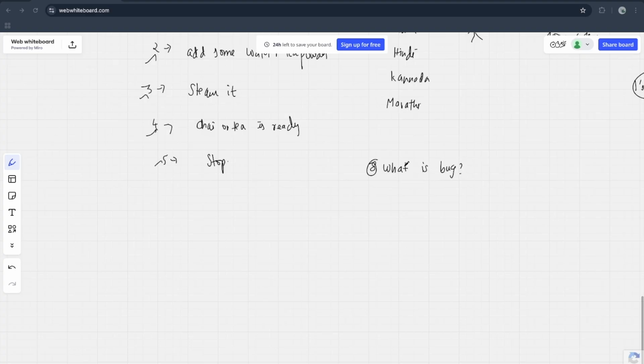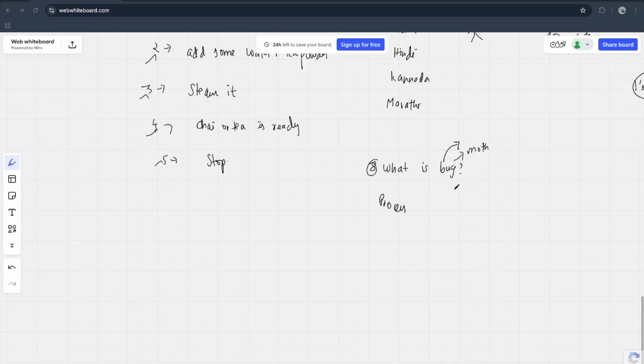See, what is actually a bug? In computer terminology, in 1947, I don't know precisely, scientists were working towards a successful mission, working on one task or process. During that huge mission, a moth, or a housefly you can say, came into the machine and damaged the workflow. So that is where they coined the term called bug.